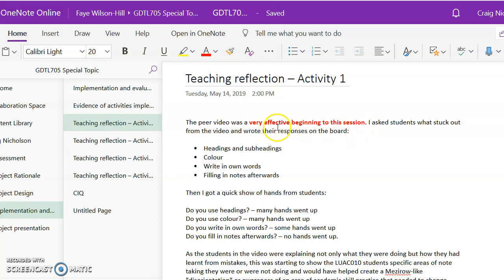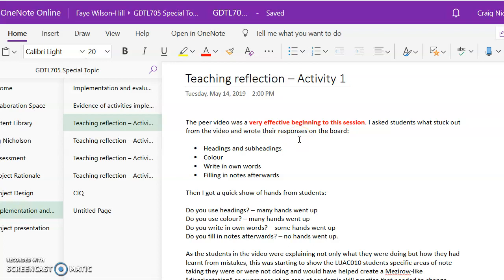It was a very effective beginning in the session. It was very clear as they watched that short video of students talking that they connected with the fact that it was coming from their point of view and as fellow students rather than my point of view. So it took the power structure out. They were able to connect with what the students were saying. These were students that were the same as them but one year on, and I could see that the lights were coming on in terms of that short video, simple, but effective. At the end of it, I asked the students what stuck out from that video and wrote their responses on the board.